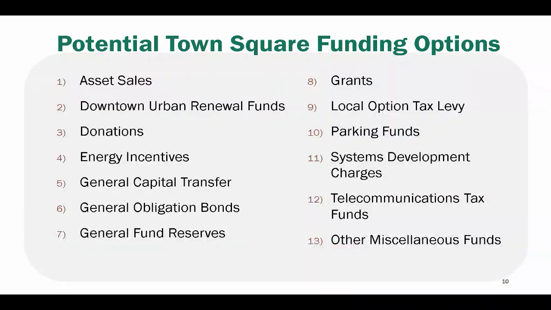And then system development charges. SDCs, if available, would add additional park area, but would not be able to be utilized to cover any of the current funding gap. It would just add park capacity to the project. And then telecommunications funds. We could use telecom funds to pay for new city technology-related projects, such as fiber, purchasing and installing telecommunications, and so on. In the City Hall Fund, we already have $2 million in telecom dollars as part of that base funding level.